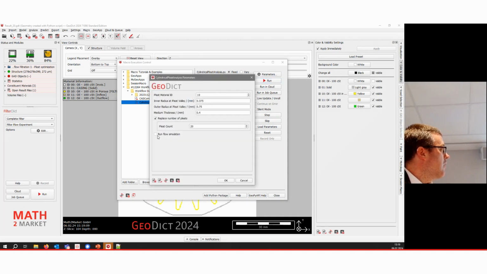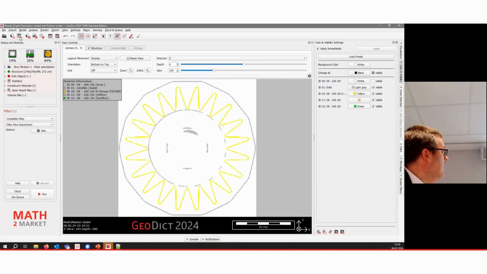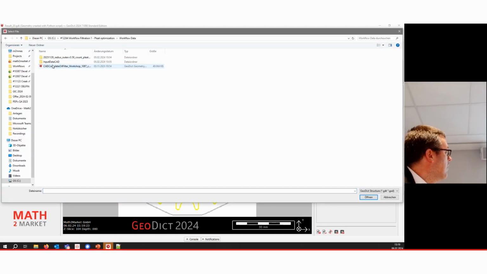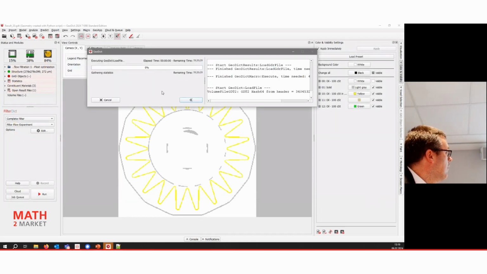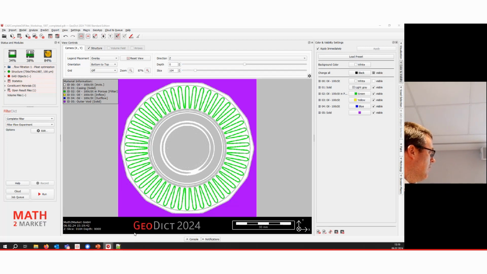And then, of course, we can also click here on the run simulation part. Okay, now it starts with the structure we have included. So I don't want to do that here. Let's have a look at what that is. That was the complete filter with 1078 voxels, so 100 micrometer sampling. And in that, let's see, where's my result file? Oh, that's here, okay. Let's see if I can find that.